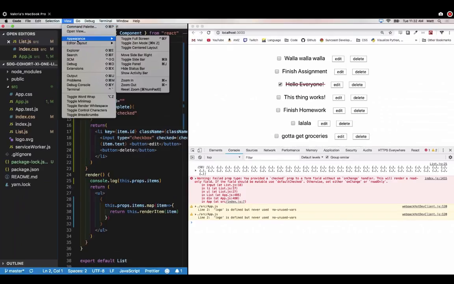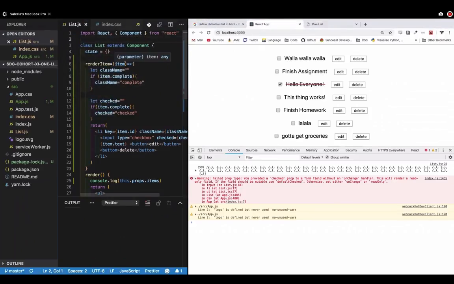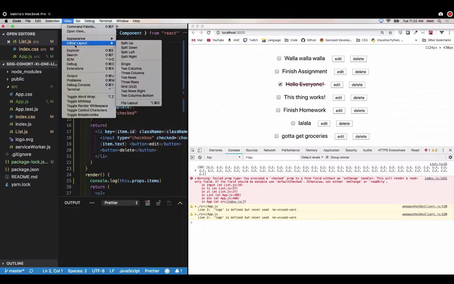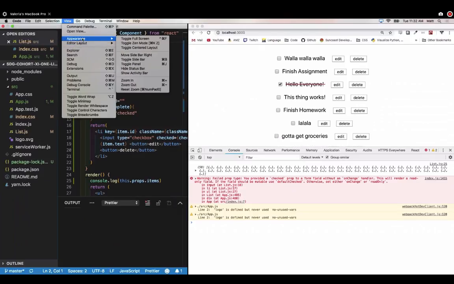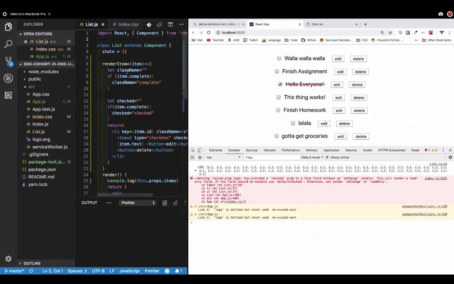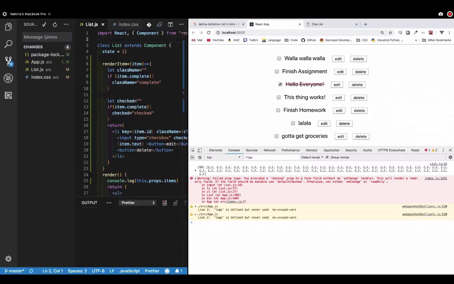Appearance. It's one of these here. No, it's this. Activity bar. Show activity bar. Is that what it is? Cool. View, appearance, show activity bar. There it is. And apparently, there's no hotkey for it. Great. So click on the Git icon, and then I think you can just click on this checkbox